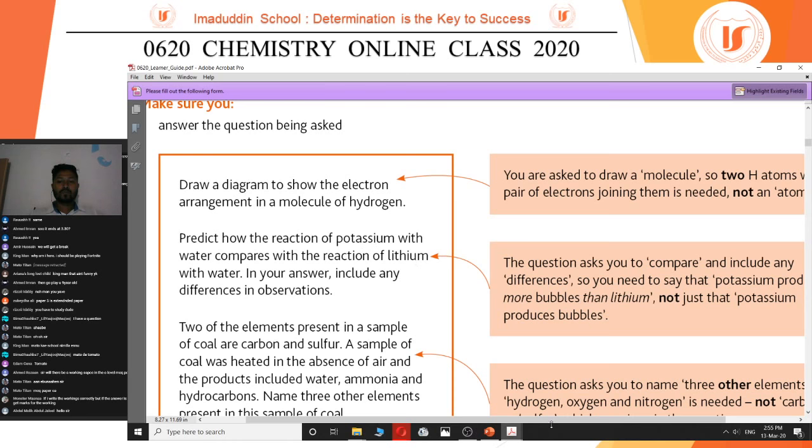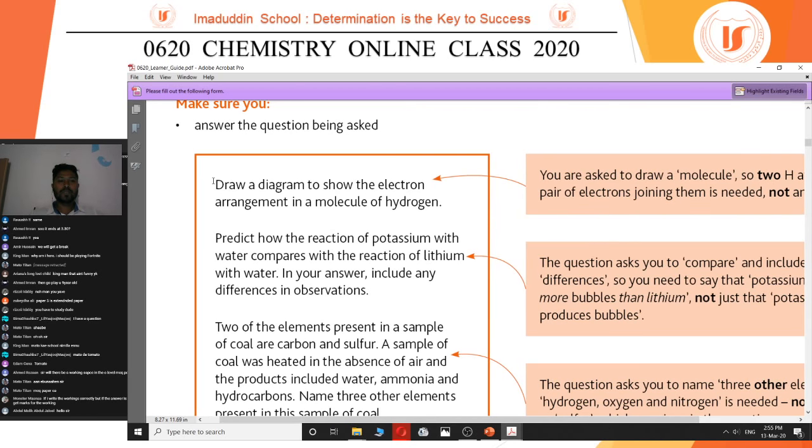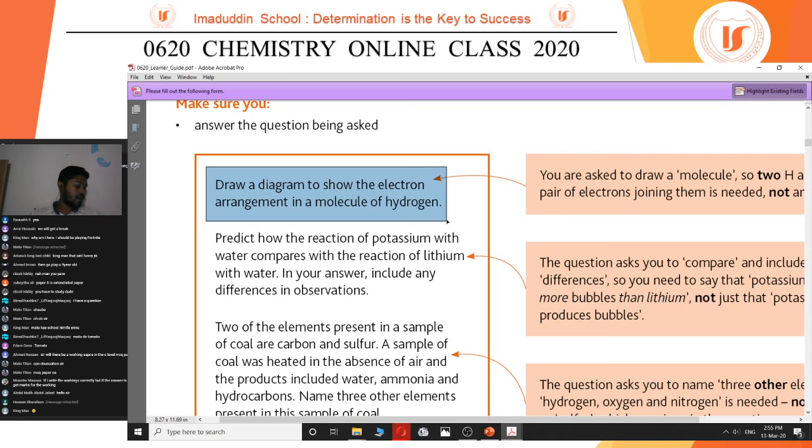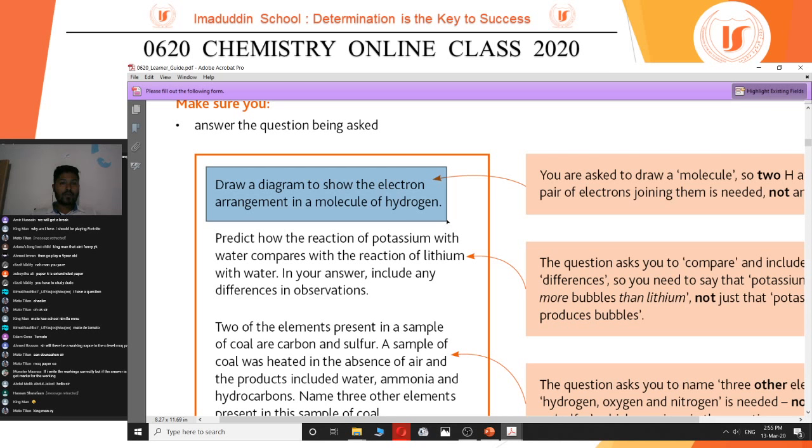Now, when you draw a diagram, this is one very important thing that students must remember. In other subjects you might be asked to use pencil, but in chemistry, it's always better to use pen to draw diagrams. If you draw a diagram using pencil, that's okay, but you should not erase the diagram and draw on top of the diagram that you have drawn,